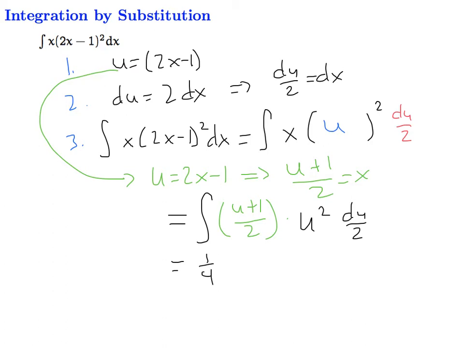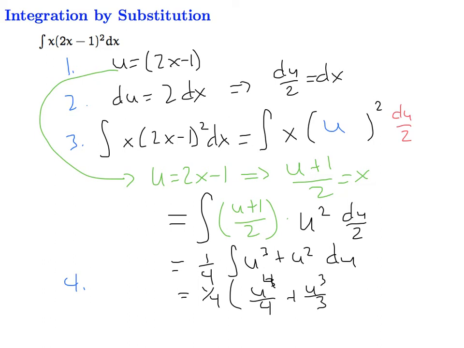After doing some algebra, this simplifies down quite a bit into a very, very doable integral. If we compute this integral, we're going to get 1/4, and using the power rules, the antiderivative of u cubed is u to the 4th over 4, plus u cubed over 3,